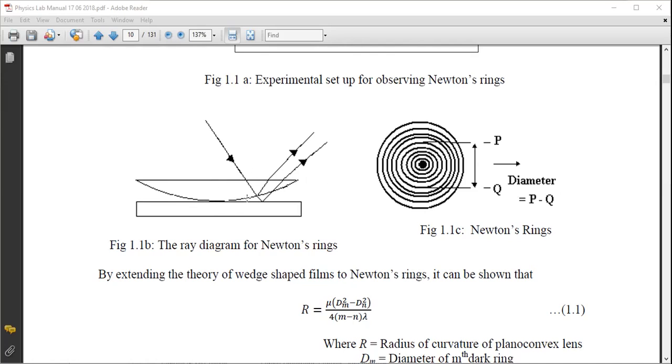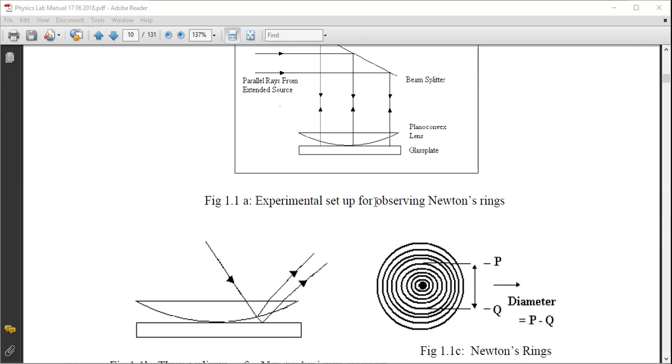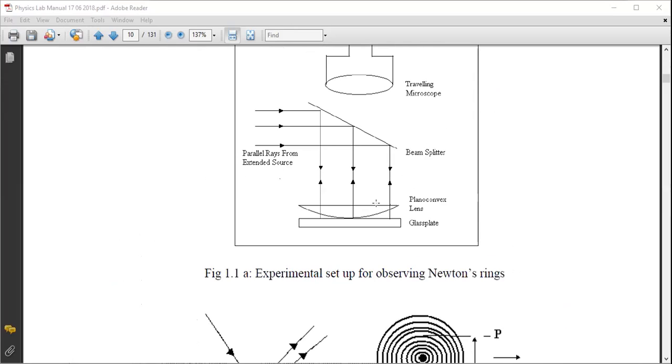This whole surface is spherical, it is a curved surface here. If you look at it from the top, one would observe a dark band at the center, followed by a bright band, followed by a dark band, and so on. A beautiful ring like pattern is observed, and this is because of the interference of light rays. We have studied its conditions and formula in today's lecture. So this is how the apparatus looks.